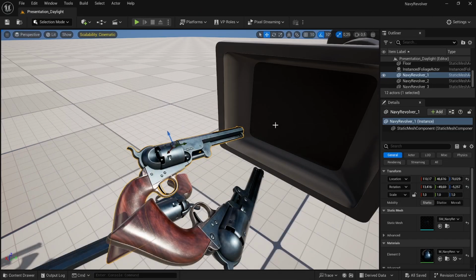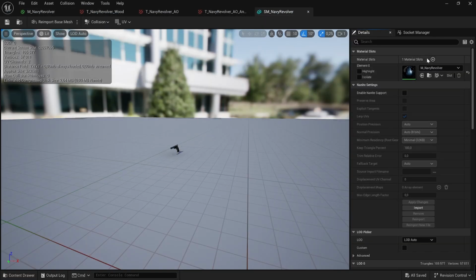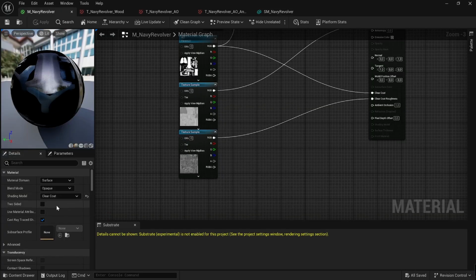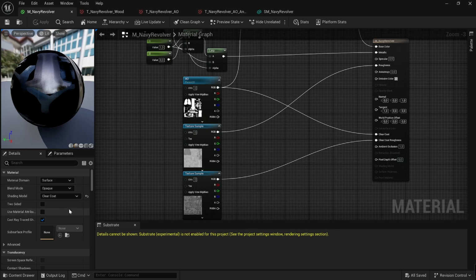So this material here is set up as a clear coat material, shading model here, clear coat. So what's the difference between the clear coat and the standard one, which is default lit? And it's basically the fact that a clear coat material is